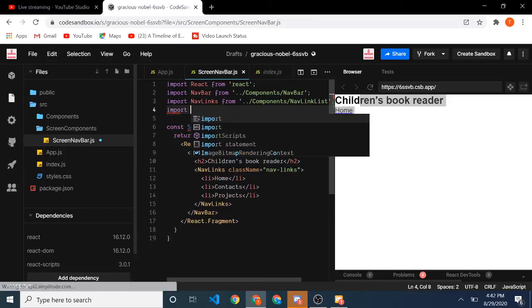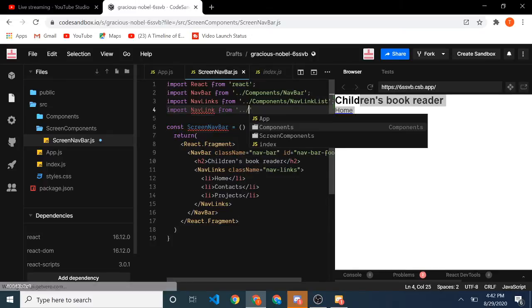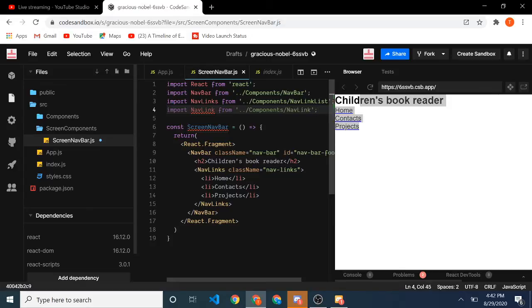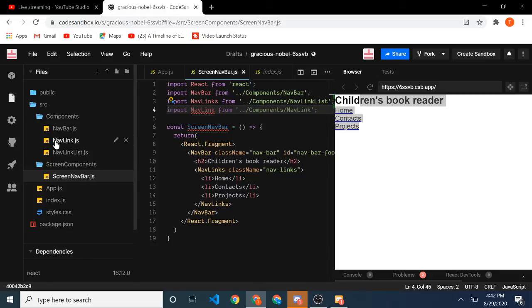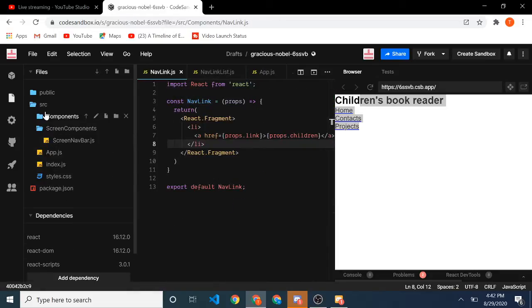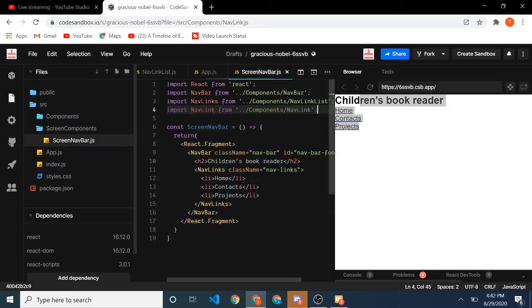Import nav link from dot slash component slash nav link, and then so we can use that nav link.js nav link. So we are also gonna use those. So nav link,